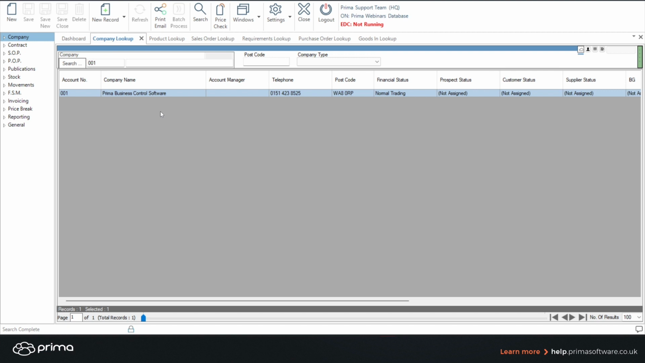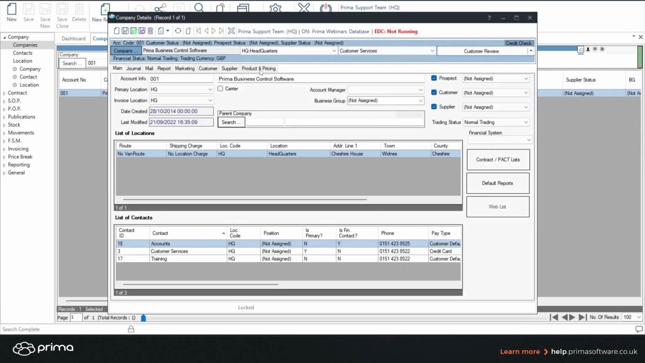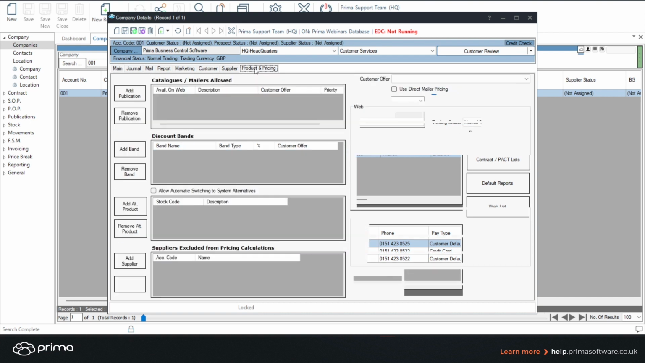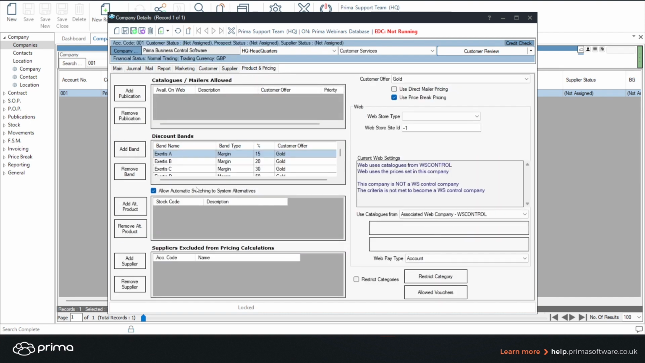So the last part of the setup is in regards to your customers. If you go to company and into companies, you want to search for any company that you want to have this master and child product applicable for. Click into their record. Go to the product and pricing tab. And all you need to do is make sure that this allow automatic switching to system alternatives tick box is